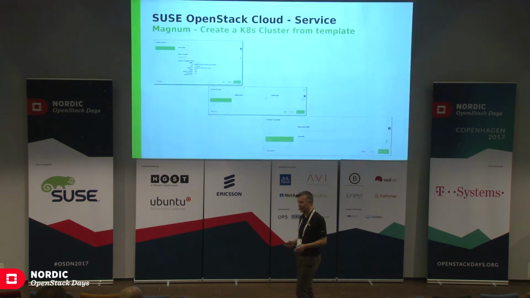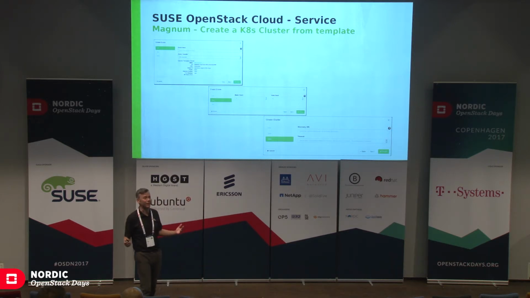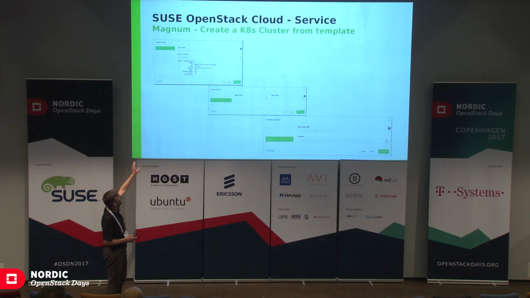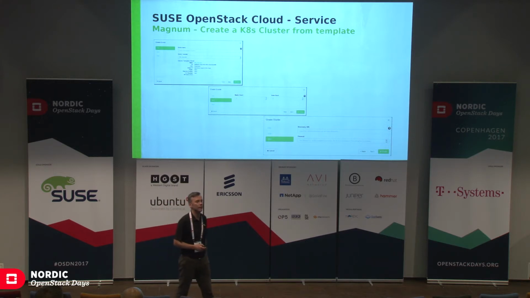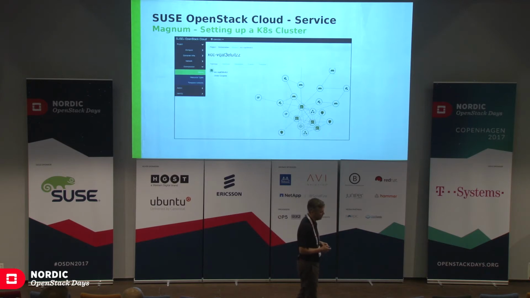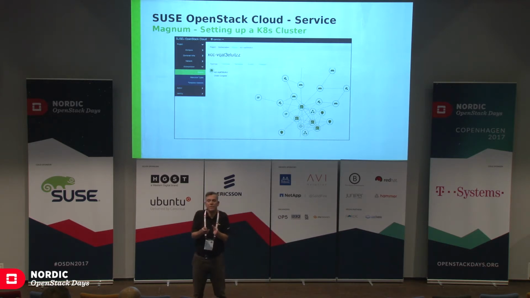So I was going to do a demo at this point. These are the screenshots. They're not quite as sexy, if you find tech sexy, I guess not everyone does. But you define your cluster, you then hit create, and that is driven out into your OpenStack infrastructure as a resource. This is a view of the Horizon network topology of all the individual pieces, and really it describes how complex it is to build Kubernetes without Magnum.